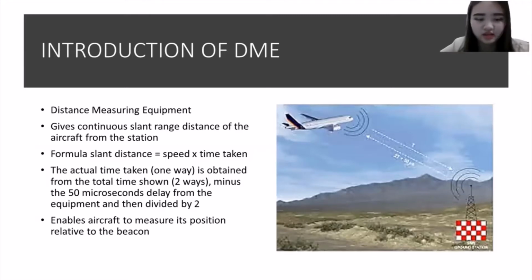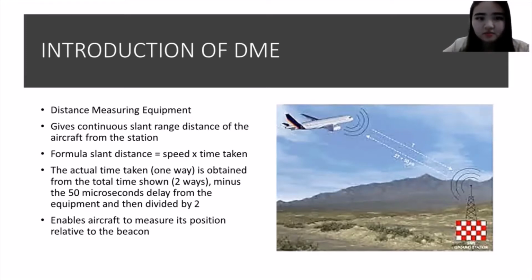So how does it do that? First, the aircraft transmits signals that are in the same frequency as the radio signals in the DME. And then the DME sends back the signal received from the aircraft after a fixed delay of 50 microseconds by the DME ground equipment. So from this delay, we can compute the slant distance using this formula, speed times time